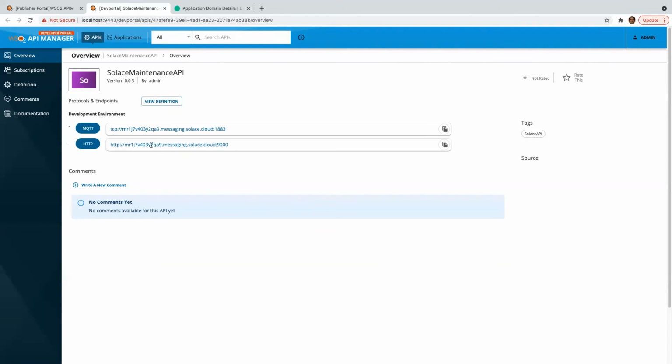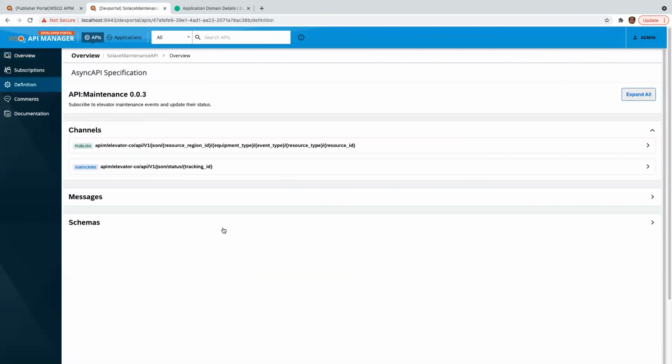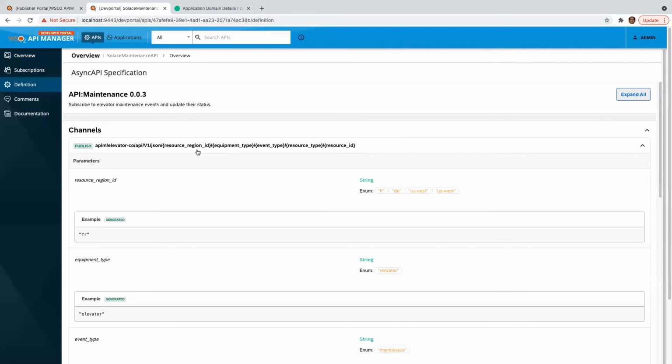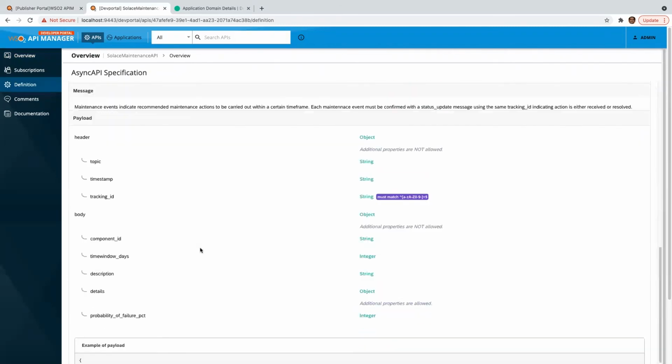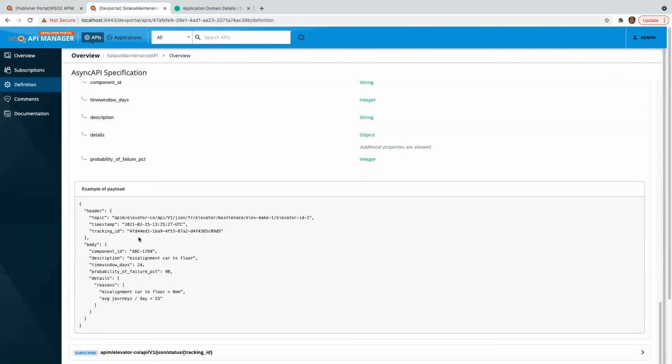Here you can see we have something called Solas maintenance API, and it has these two endpoints exposed by it. And also, if you need to see more information, you can go to the API definition, and it will give you the channels that are out there, and it has all the information about the payload, etc., with some example payloads.